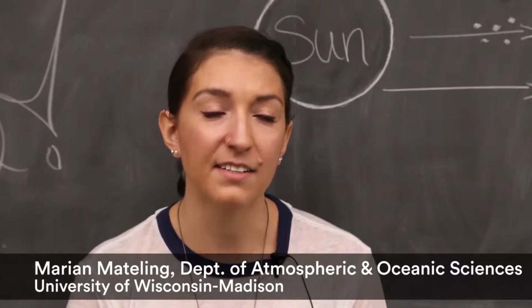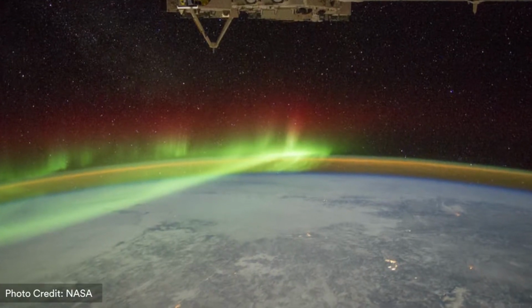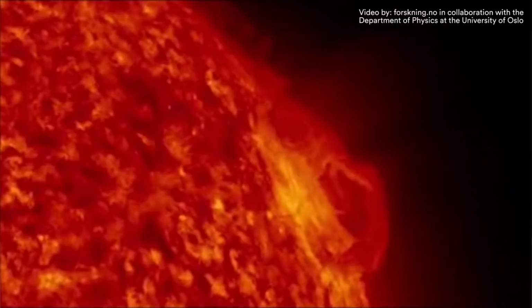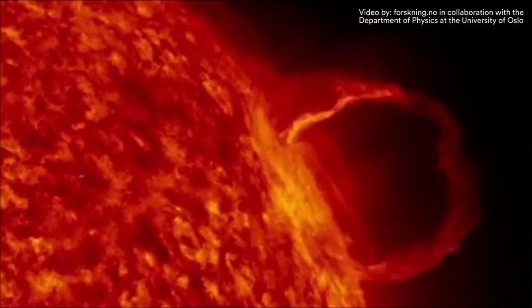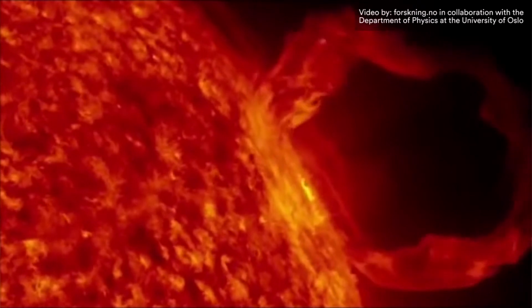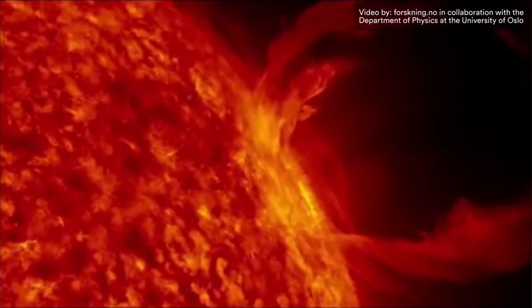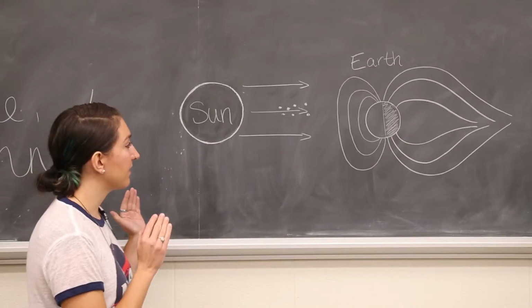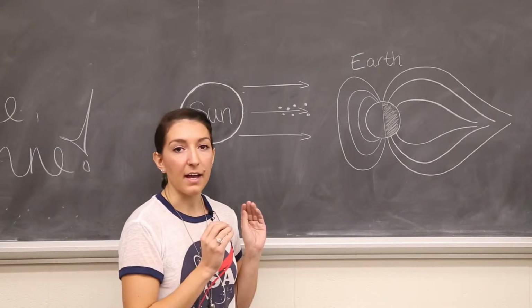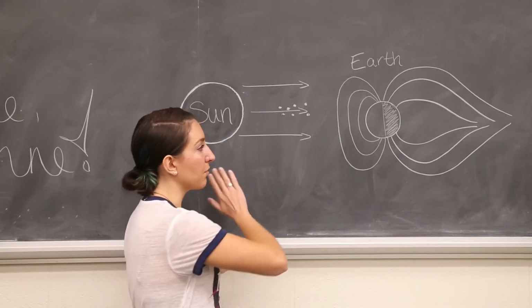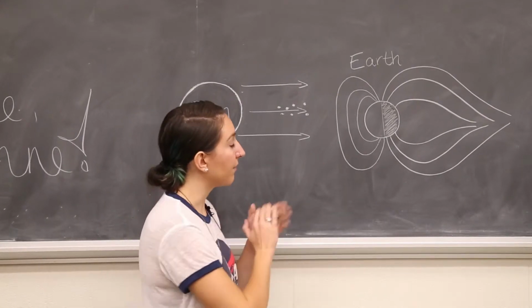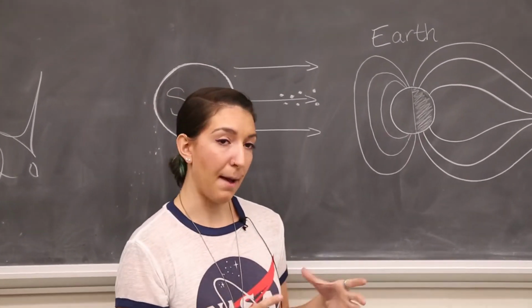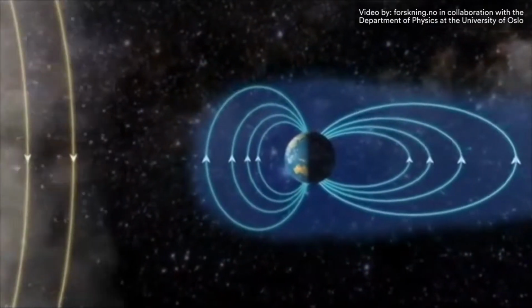What happens when the northern lights form is there's a solar flare from the sun, and this occurs because the sun has its own rotational cycle. It's 11 years long. And so these solar flares eject these electrons that kind of act as a wind and flow toward the Earth. So when it reaches Earth, it actually doesn't reach our atmosphere at first. It hits our magnetic field.